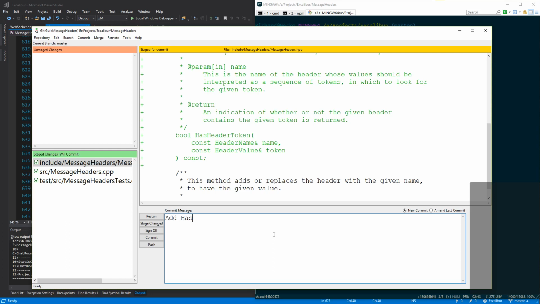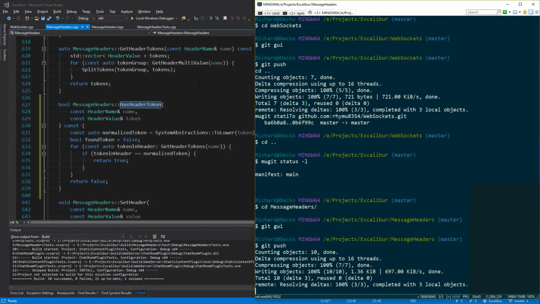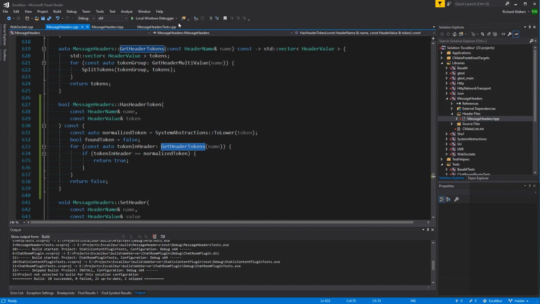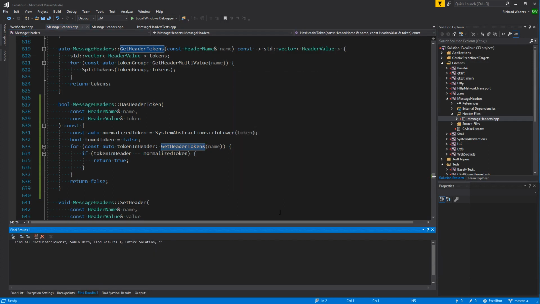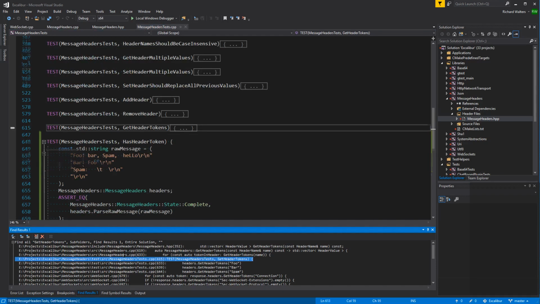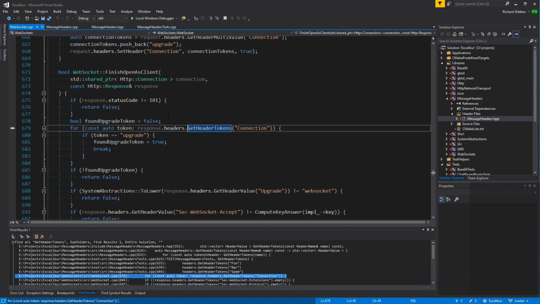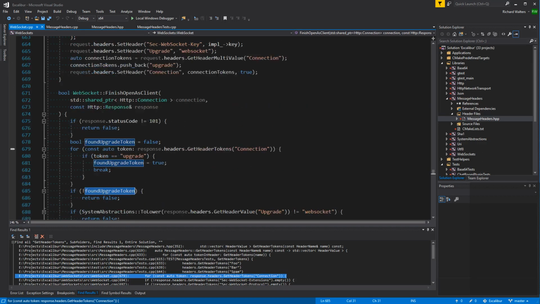Add has header token method. Okay, so it's where this get header tokens is used. Most of the time we can just call has header token. Right, so right here in WebSockets, this is only used as a check here.